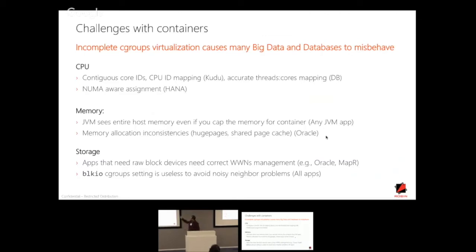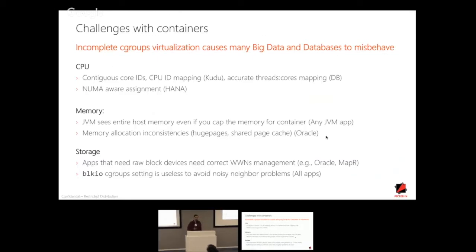And these are some use cases. While working on different applications, we found that Kudu requires contiguous CPU IDs. In the cgroup, you can define a comma-separated list of CPU IDs. You can have random numbers, but Kudu won't work with that. It has problems with that. And in some of the JVM applications, we have seen that they use system calls and figure out what the total available memory is. Even if we virtualize proc and sysfs, that wasn't helping. It says, I'm going to take all the 255 gigs of RAM that's available on the system, and that's going to cause problems. And in storage, the block I/O thing is particularly interesting.